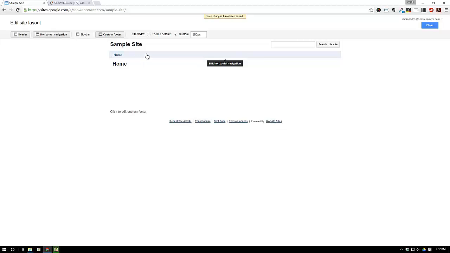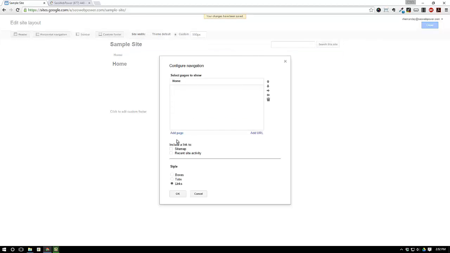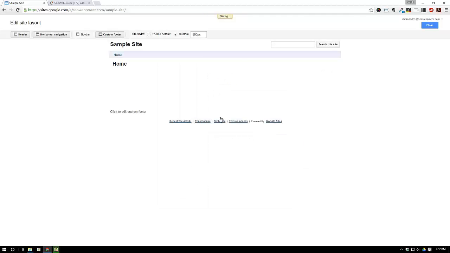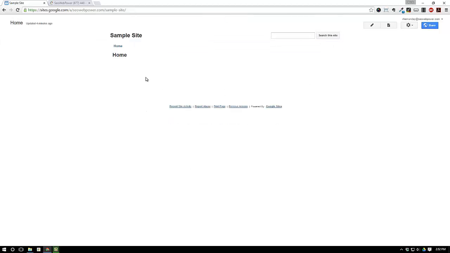And there it is. If I have more pages, of course, I will add them to my horizontal navigation bar by adding a page here. In this case, we're not going to focus too much on that. I'll save that for another video. I'm going to close this now because I have the basics of what I need. But now I need to remove this, and I want to remove that. To remove this home title,